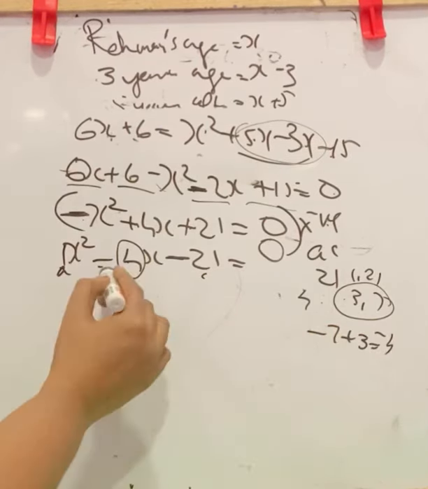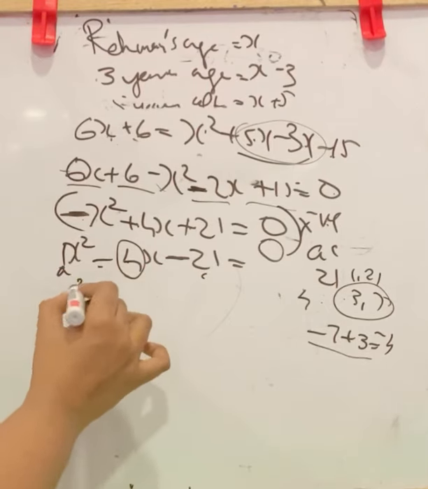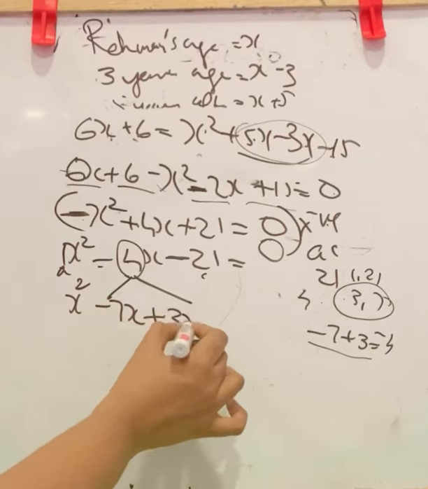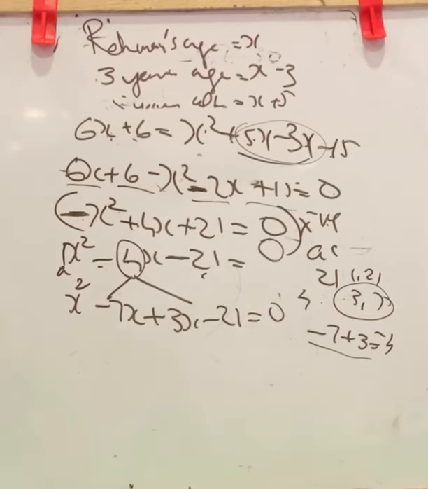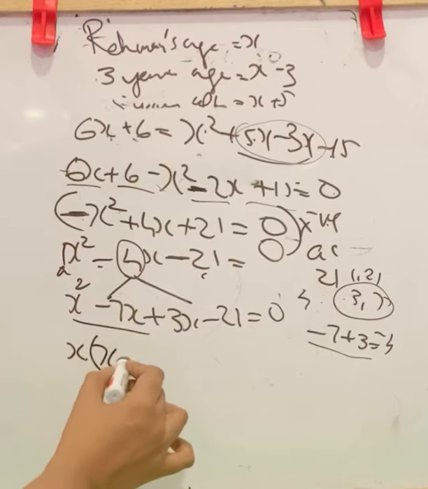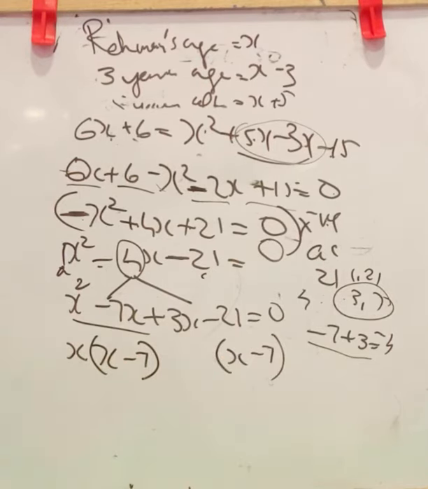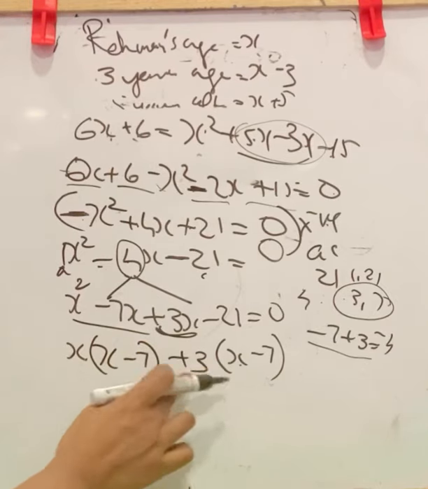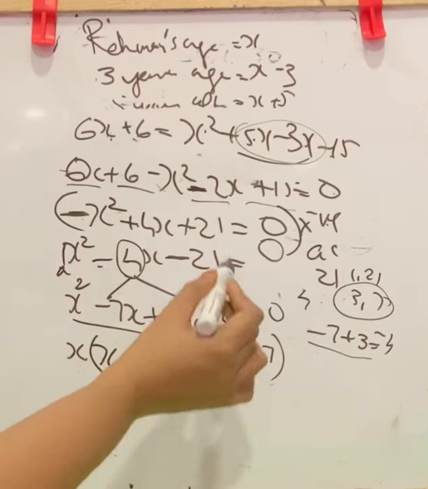So we can rewrite this as minus 7x plus 3x. So this will be x square, and we split the middle term into minus 7x plus 3x. Here carry down this minus 21 equal to 0. Now from these two terms we have x common. We will write here x minus 7. Now repeat the x minus 7 here. Dash into x plus 3x, that is plus 3 into x is plus 3x. We can check it with the last term: plus 3 into minus 7 is minus 21.